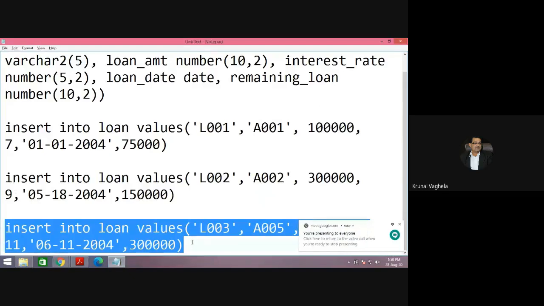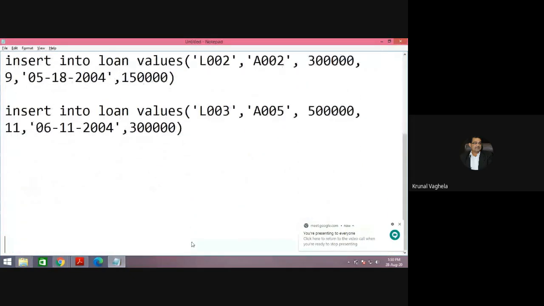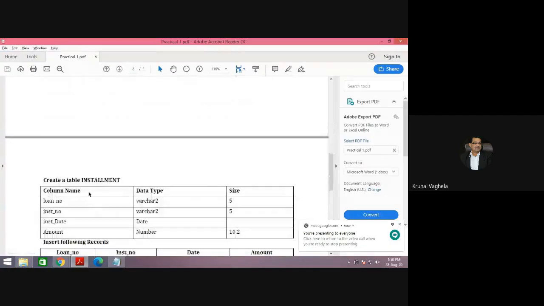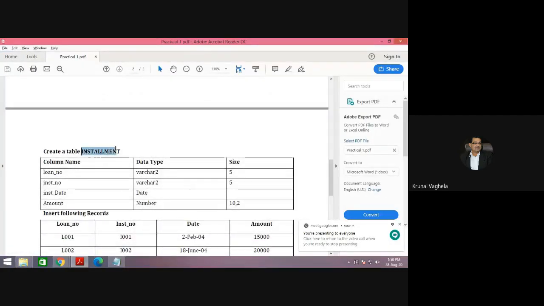So let me create one more table. So last table I will create. So next, the 4th one. So let me create installment table.